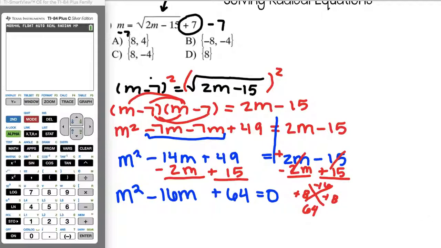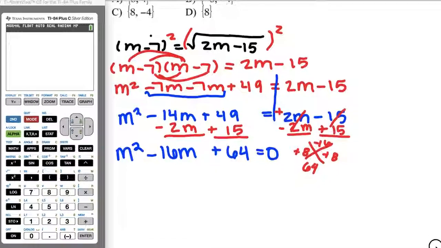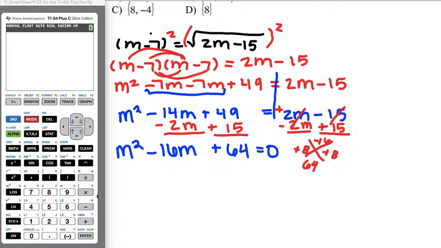Let me slide this down so we get a little bit extra room here. All right, so I'm going to rewrite it. So I have m squared, and these should be negatives. I apologize. I said negative, but I wrote positive. So m squared minus 8m minus 8m plus 64. Okay. So I'm going to group